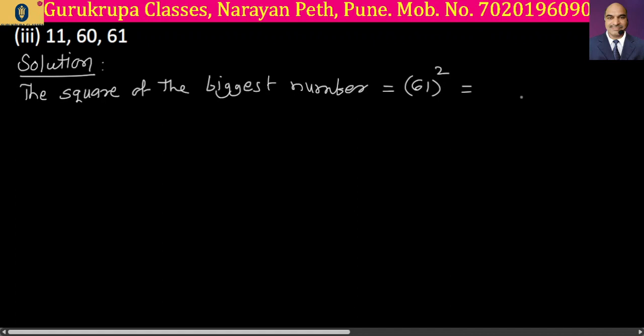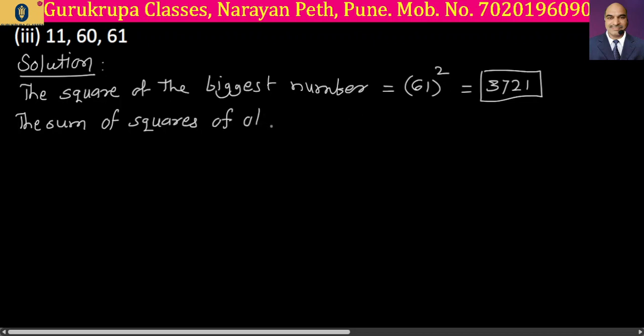61 into 61: 1 ones are 1, 6 twos are 12, 36 plus 1, 37. So 3721 is the square of the biggest number, that is 61. And now, the second step: we get the sum of squares of the other two numbers,